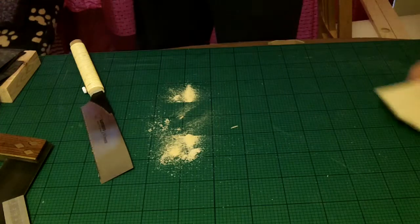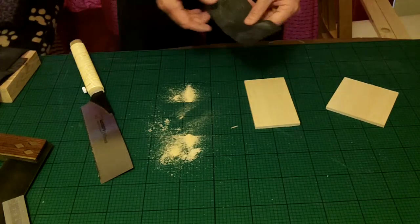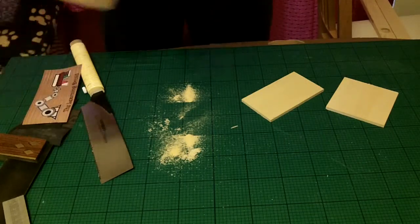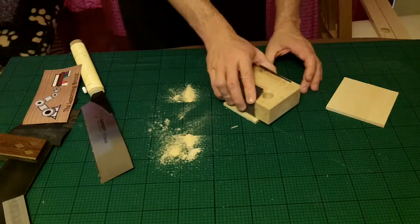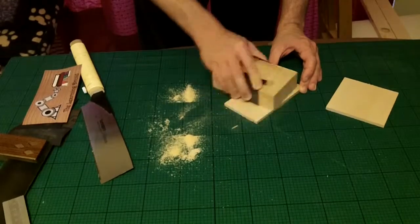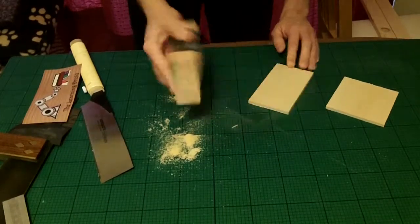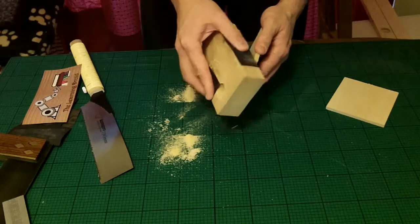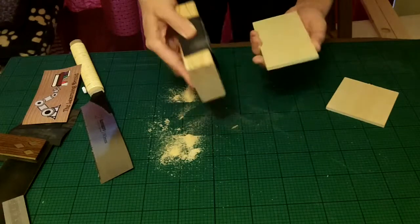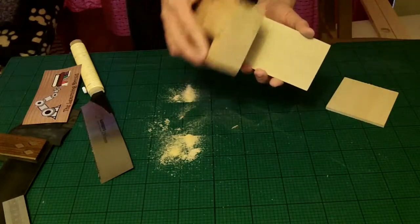So, the rest of the preparation of our obishi and basswood. We don't really need a huge amount of sanding because it's pre-sanded from the shop. It's pre-prepared from the shop for most model making tasks. However, a little bit of sanding with 400 or 600 grit, just to smooth it out slightly, does not go amiss. These little edge bits, the slight ripping at the back, just run a sanding block very gently over that edge. If you can see the little rips, just run a sanding block very gently over there,